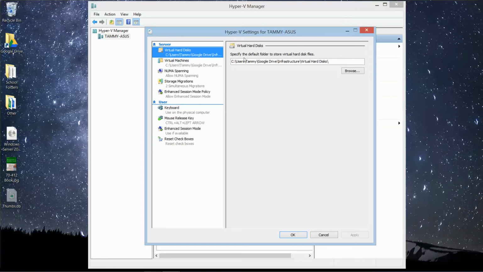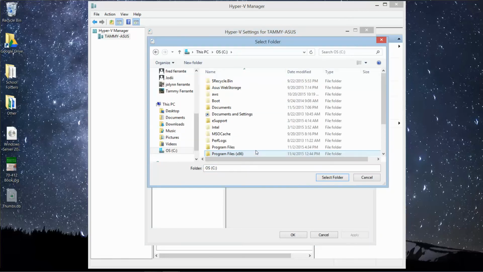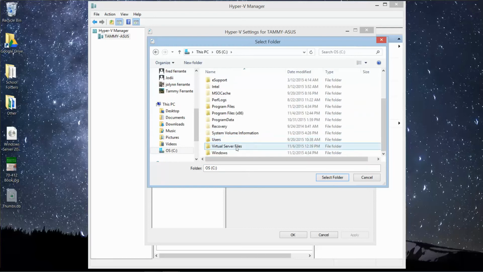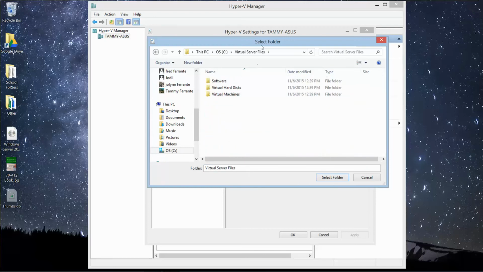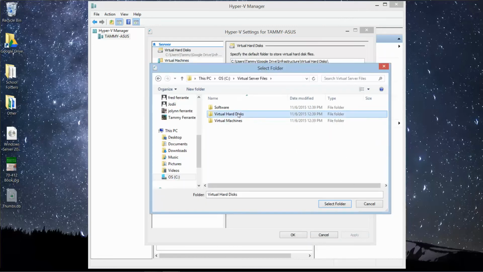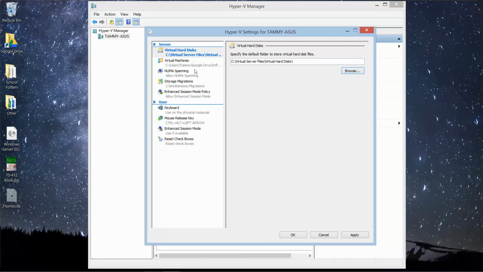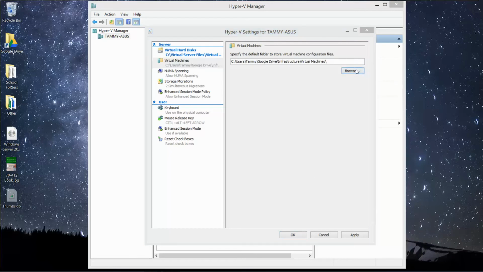So virtual disks, I'm going to click on Browse and then click on my C drive, and then scroll down. Here's my virtual server files, and this is the virtual hard disks. And I want to select that folder, and then under virtual machines, Browse,